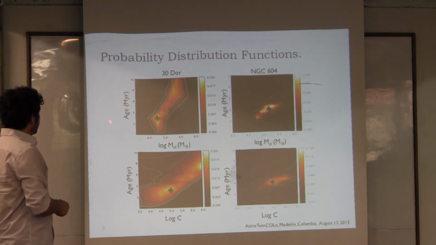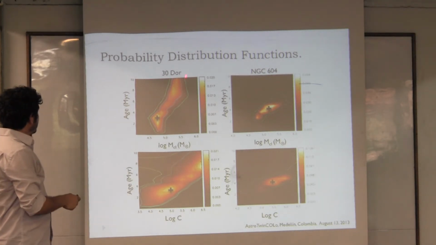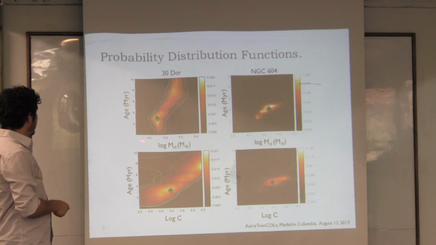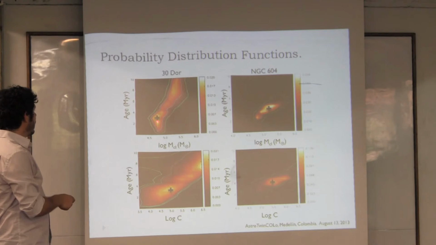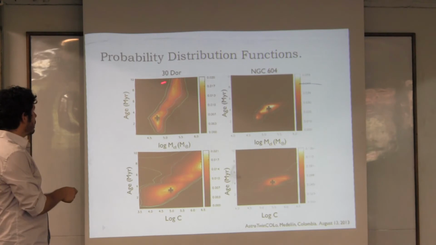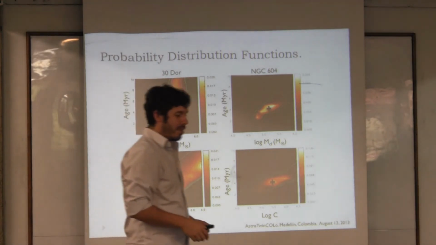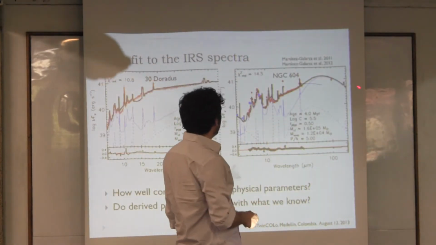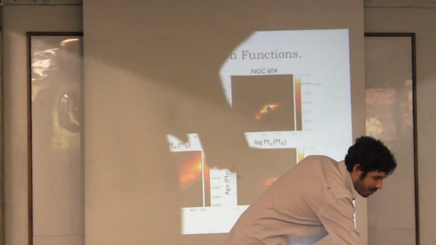One, that when you try to fit a particular region of the spectra with your models, and you plot the probability of the mass having a certain value and the age of those systems having a certain value, you have significant degeneracies. There are two possible solutions maybe for this system. The best fit is here, which in this case coincides with the peak of the probability distribution function. But there is also a very likely answer here, at least for the case of 30 Doradus. In the case of NGC 604, we see it less. And I'm pretty sure that has to do with the fact that in this case we also have the Herschel data that helps us constrain those values a bit better.